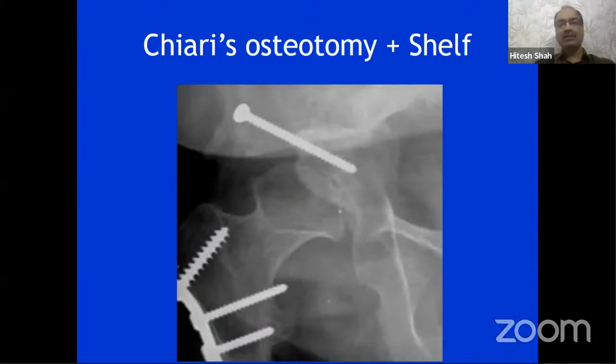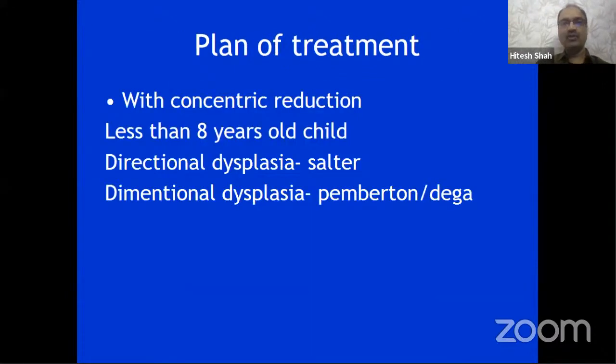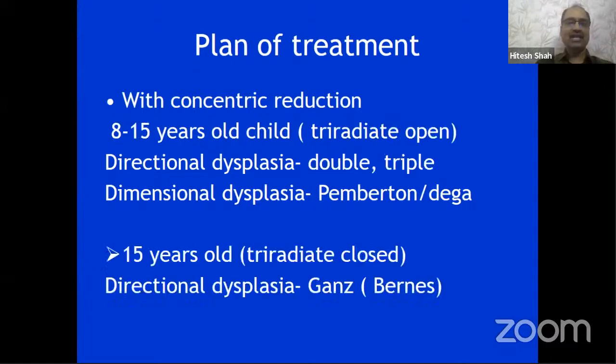Don't go for the examples. Understand the principle of the osteotomy. When should we do it? In short, whenever we can get the concentric reduction and the child is less than 8 years, when a directional dysplasia is there, you can do the correction by the Salter osteotomy. When there is a dimensional dysplasia, we can do the Pemberton or a Dega in a less than 8-year-old child. When the child is older and there is a directional dysplasia, they can correct with either the double